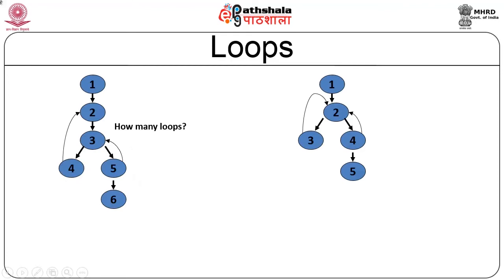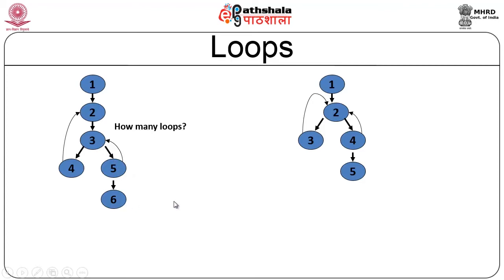Now, in this example, I have basic blocks 1, 2, 3, 4, 5 and 6. This example is available in the textbook by Aho and Ullman. So, control flows from 1 to 2, 2 to 3, and then from 3 I can either branch to 4 or 5. If I go to 4, I have to go back to 2 and then start all over from 3. If I go from 5, I can go to 3 and then start all over. So, this is one situation.